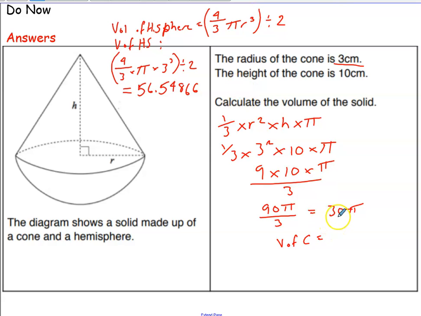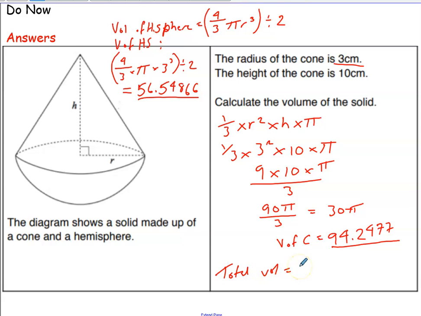So that gives me 94.2477. And then if we add those together, the 56 and this one together,